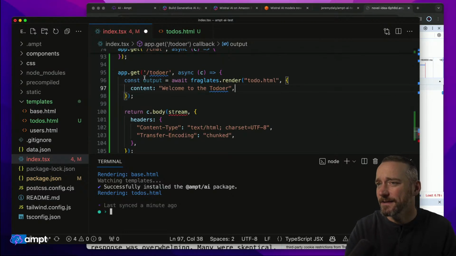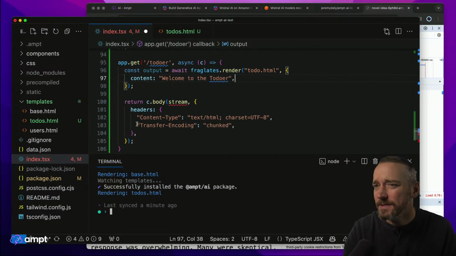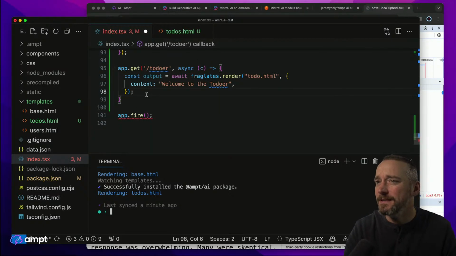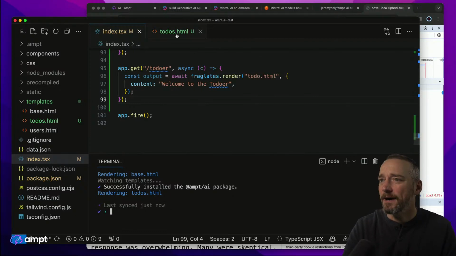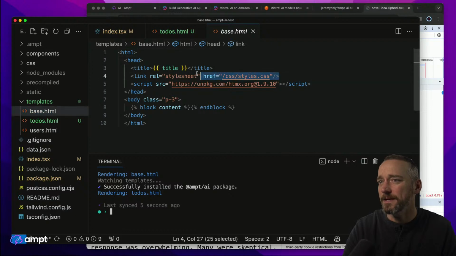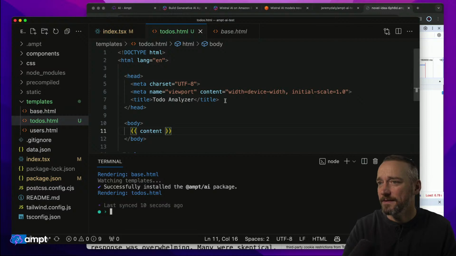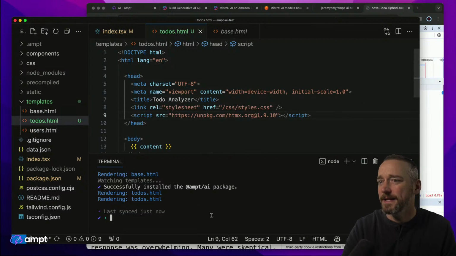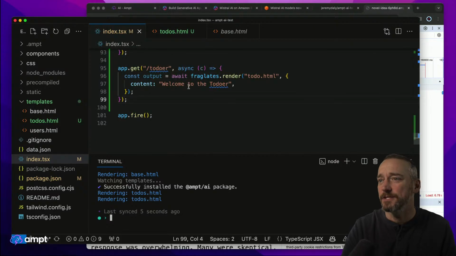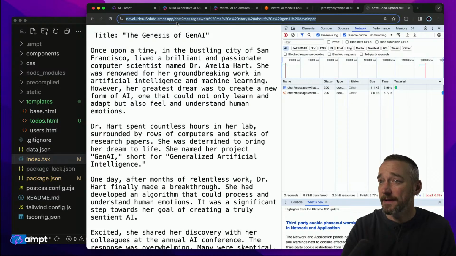All right. Seems angry at me because we don't need to return the body stream piece here. Okay, that's all kinds of extra stuff we didn't need, and we need to close that so that isn't angry there. All right, and then actually in the to-dos here, I'm going to go over to our base template, and I'm going to copy our styles. I'm going to copy HTMX too, just for the heck of it, so that we have it. Copy those there, and now we should have on an endpoint called /todoer, we should have a new